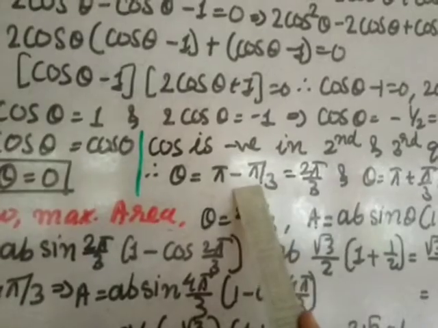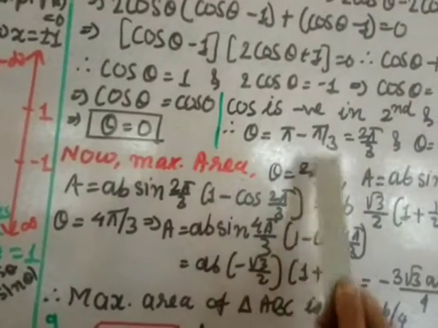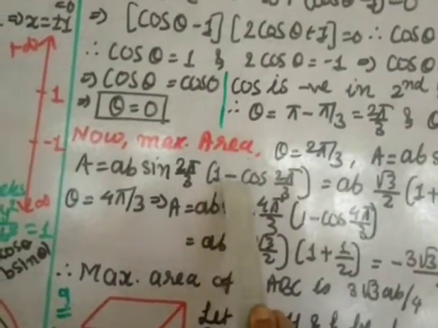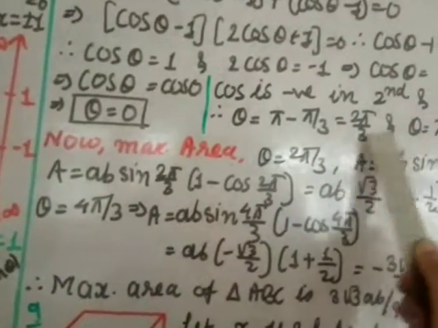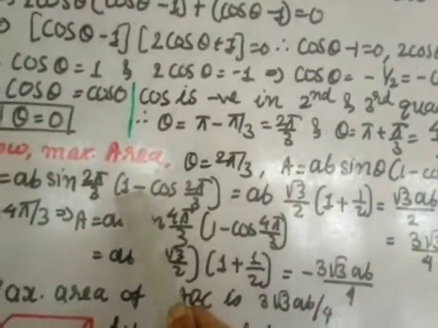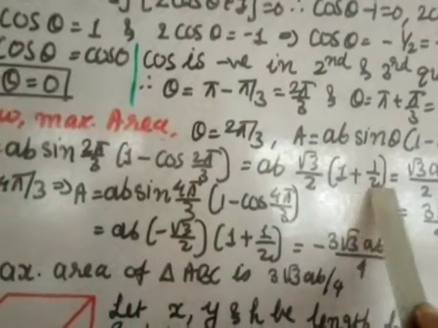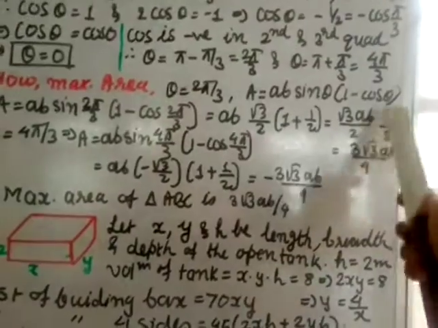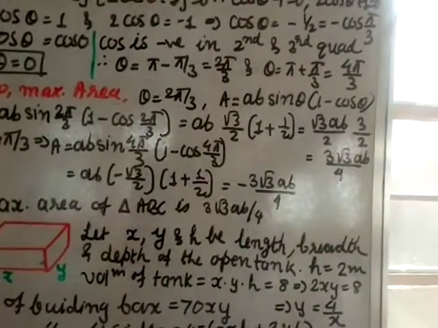This is again you can think of this, I have not written, but pi minus pi by 3 means this is second quadrant. In second quadrant sine is positive, so I am just writing the value of sine pi by 3. It will come to sine pi by 3, and sine pi by 3 value is root 3 by 2. Okay, 1 minus cos, this is negative, already we know that this is negative, and that value is minus 1 by 2. So I put minus 1 by 2, but it becomes plus 1 by 2. So here you take LCM, 2 plus 1, 3 by 2, here root 3 AB by 2. So 2 into 2, 4, 3 into root 3 AB by 4. Okay, so that is the area when you are putting theta is equal to 2 pi by 3.